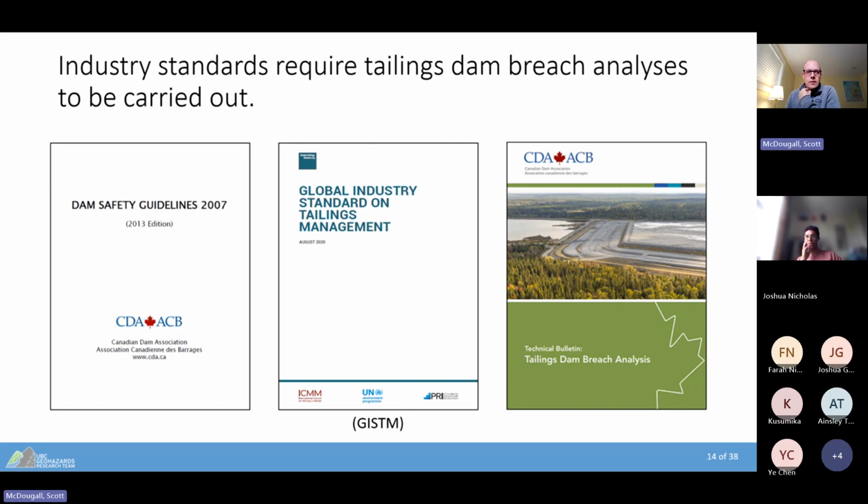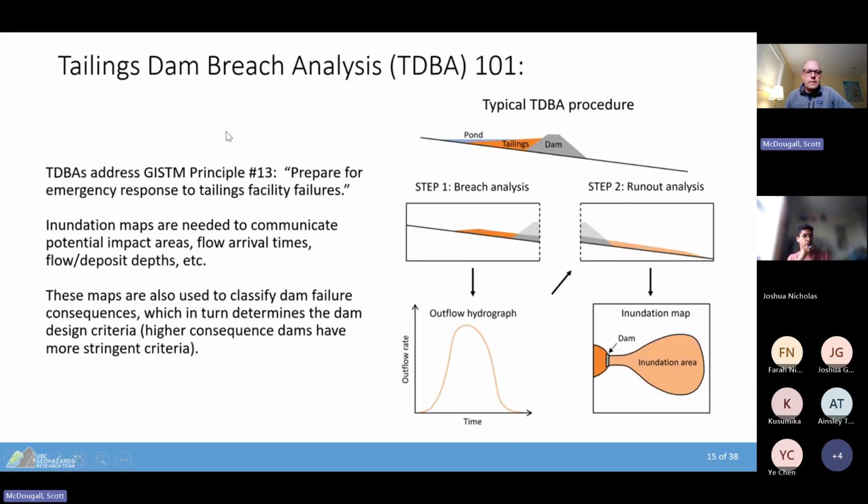And then there's also local regulations here in Canada. We have dam safety guidelines that tell us how we need to manage these things in terms of emergency preparedness, and then some specific guidelines for professional practice on actually how to carry out these kinds of analyses. But one of the main requirements in these guidelines, the global industry standard says one of the guiding principles in that standard is to prepare for emergency response to tailings facility failures. And so that means that we need to